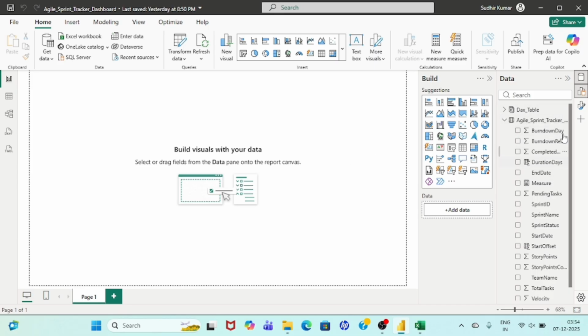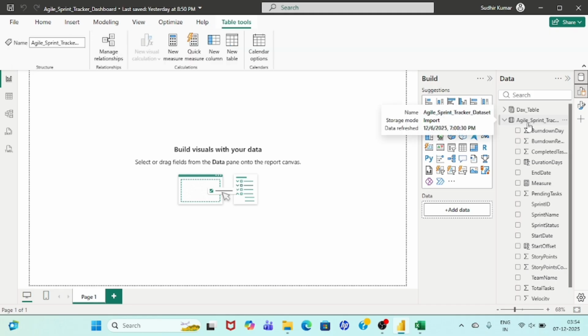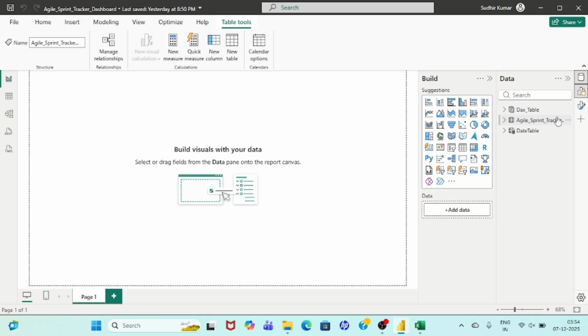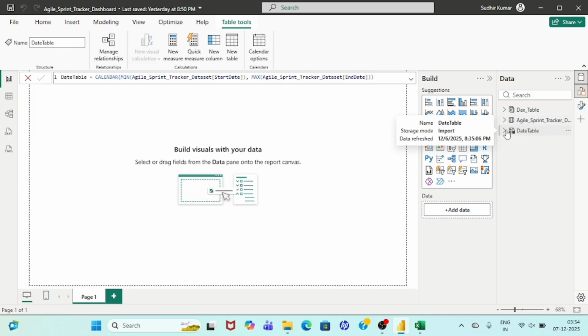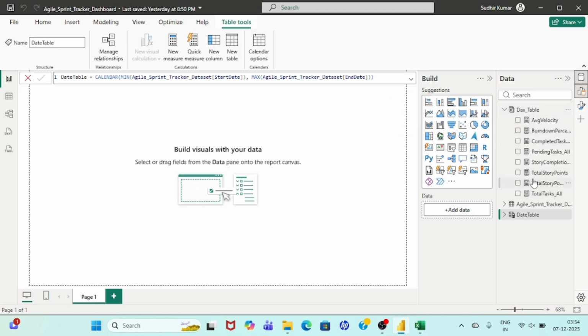So this is the data which I have already imported in Power BI. You could see this Agile Sprint Tracker Dashboard. This is the dataset, and the transformation is also done. Another thing is a date table. I have written the DAX query to create the date table, so it is here. I have also already written certain other DAX queries, and I'll be using them while building